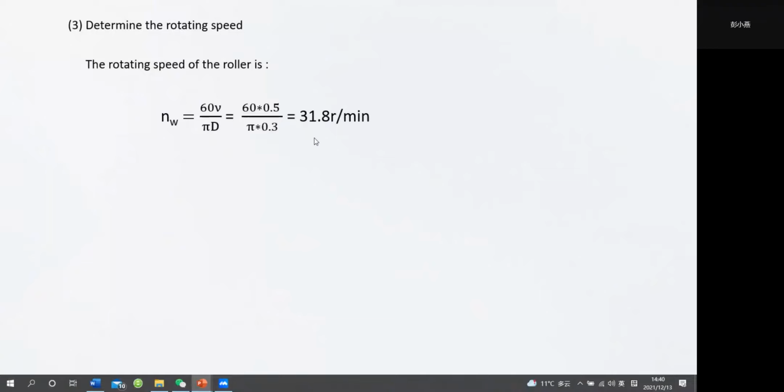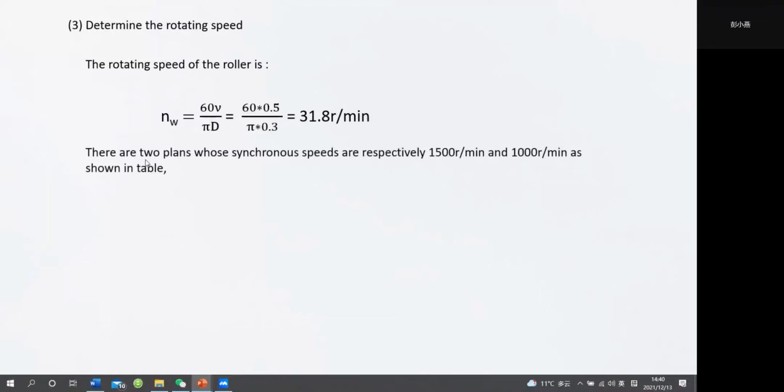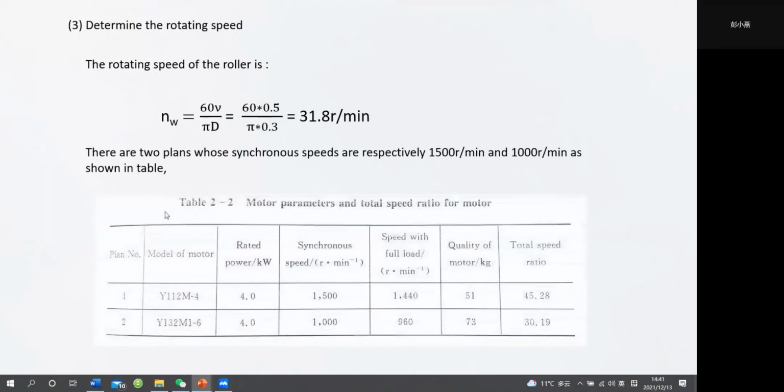And then we select two plans for the motor type. In this table, this is the type Y112M4, and this is the type of the motor Y132M6, and the rated power is the same,